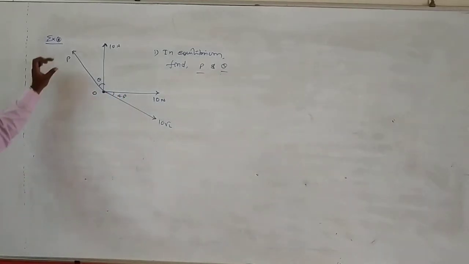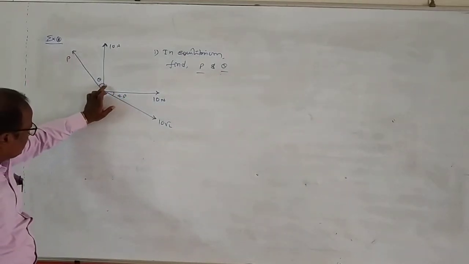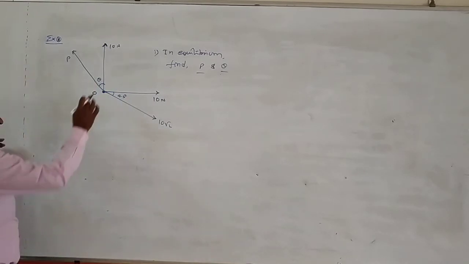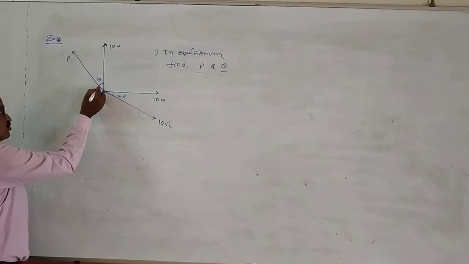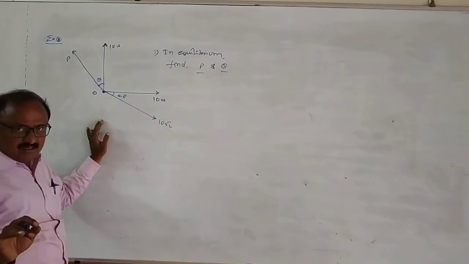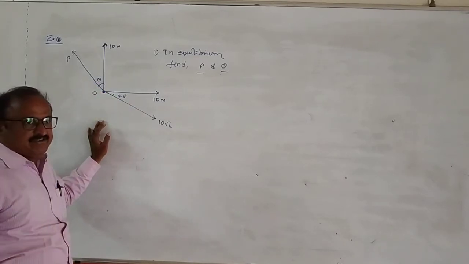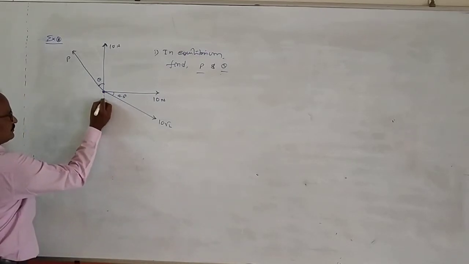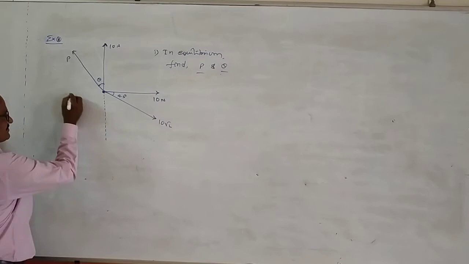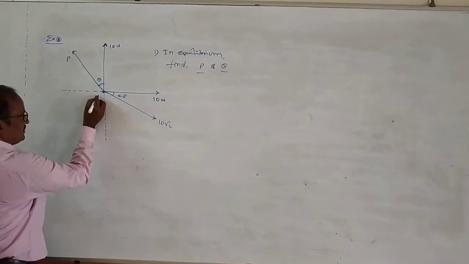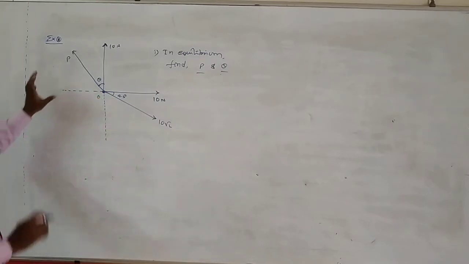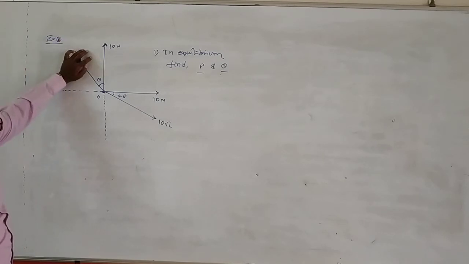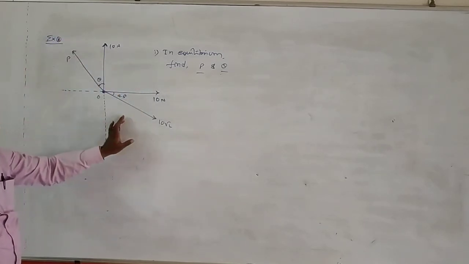What is the magnitude of this force P and what is the angle theta? Here also, this can be done by using two methods, either Lami's theorem or by component division. Simply by the component division method, this is the y-axis and this is the x-axis. This is the point. Here, P is lying in the xy plane, and 10 root 2 is also lying in the xy plane.